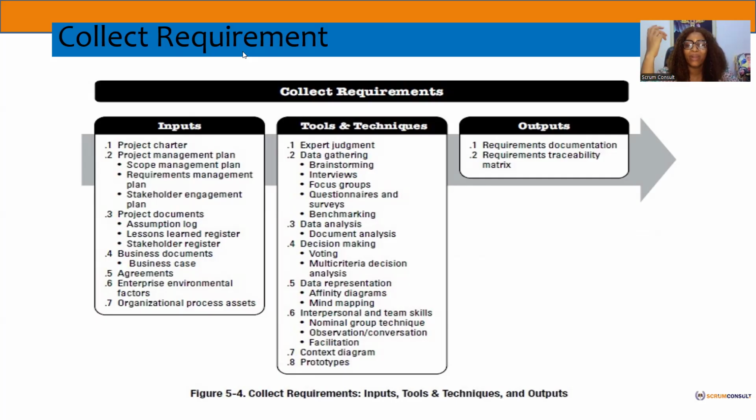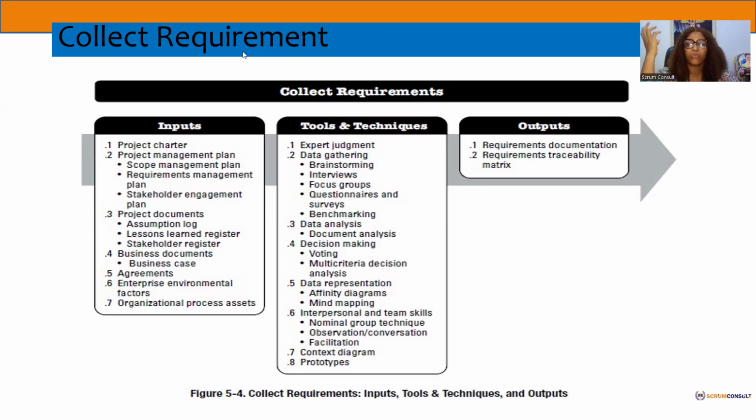And your enterprise environmental factors, which we know, and the organizational process assets. Again, expert judgment. You need to consult with your experts, subject matter experts. And at the point that you are trying to gather data, you can use either of these. You can use your brainstorming, right?